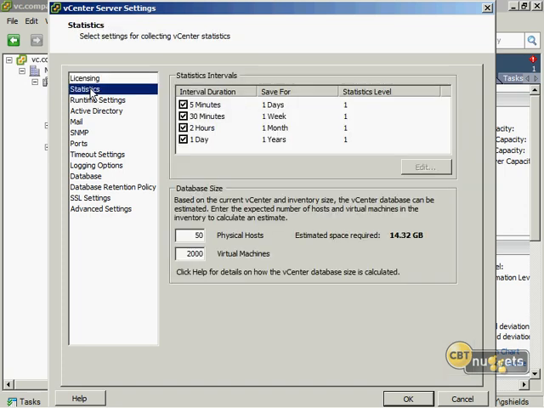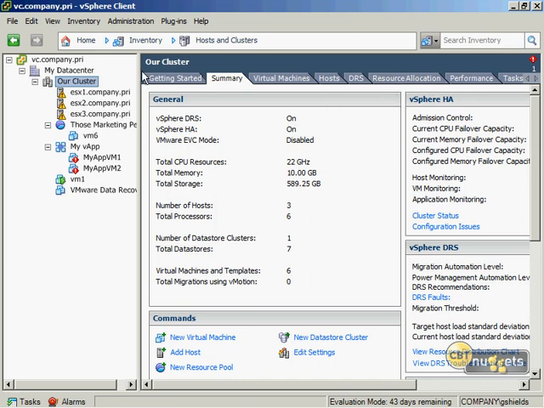The one setting here that is terribly important is this one called statistics. When you're popping through and taking a look at your different performance statistics and all the characteristics of your vCenter environment, these statistics are important. They are effectively a series of roll-ups of that performance information so that as you go backwards in time, you get less detail in the performance information. Okay, it's probably better if instead of explaining this from this location, we actually go to our cluster